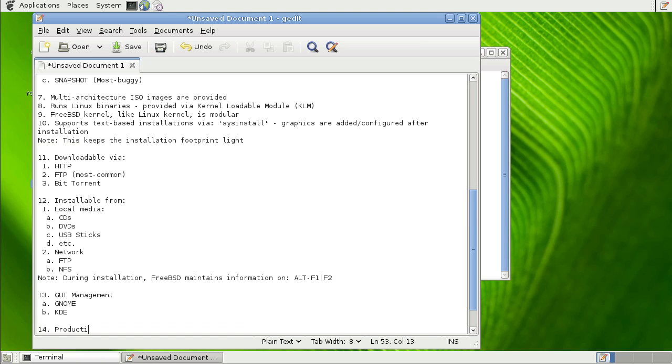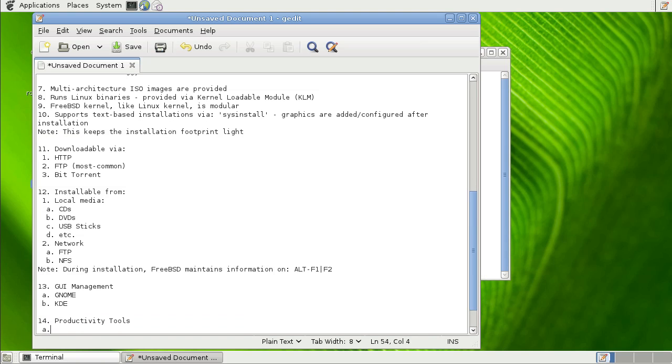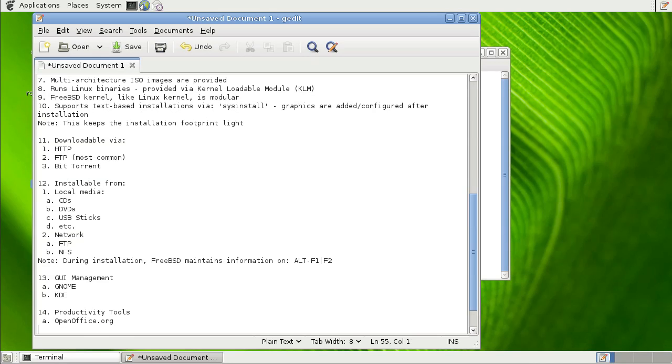Productivity tools. And again, this is just largely off the cuff, things that come to mind regarding the usage of FreeBSD. For example, the ubiquitous OpenOffice.org is available. So for those of you who would like to sample using OpenOffice, perhaps on your laptops or desktops